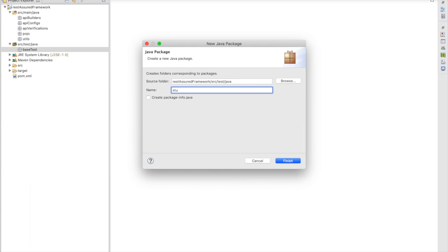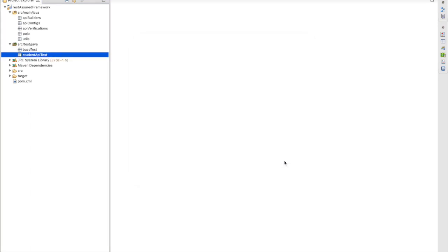You can group them based on your functionality. Let's say we are testing Facebook. You can group in one package the login API, sign up API, those kinds of APIs. In another package you can have newsfeed, comments, and in another package you will have chat-related or messaging-related APIs. So you can group them based on the functionality. So we are going to use student API or test API. This will be my test package for testing the API. So I'm giving the name student API test. Yeah, so we are all set.